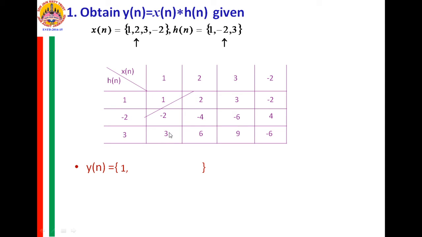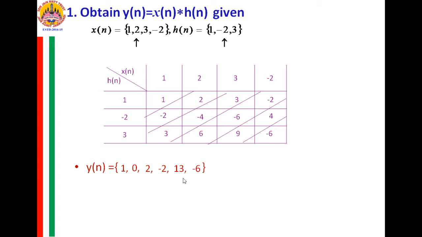Now for the second sample of y[n], you have to select these two diagonal elements and add them. The addition is definitely equal to 0, and enter it here for y[n]. The next diagonal is this. So we have to add these three diagonal elements. So 3 plus 3 is 6, and minus 4 gives 2, the next y[n]. Next, these three diagonal elements we shall add together. You observe clearly that 6 minus 6 and minus 2 is minus 2. Then next, these are the diagonal elements: 9 plus 4 is 13, and the last element is minus 6.